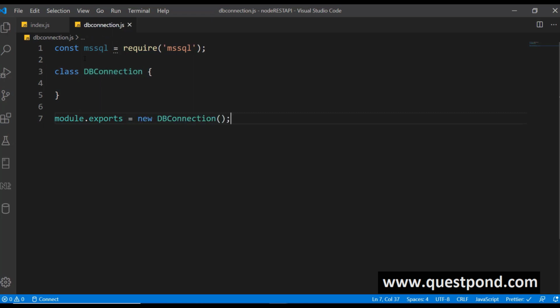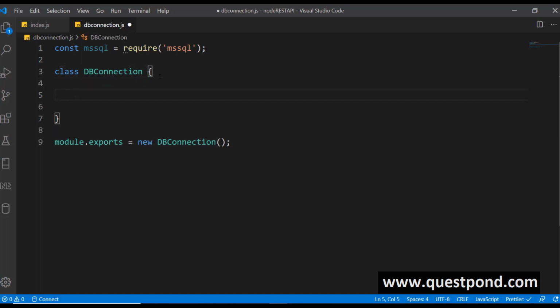So this is a skeleton, or you can say blueprint, of how we can create a class. Then inside that DB connection class I'll create my method and I'll use async and await, because if the statement takes time to execute, you know that all the calls in this JavaScript application are asynchronous, right? So I am saying that we need to wait for this statement to be executed. So we are using the async and await keywords, and over here I could say get